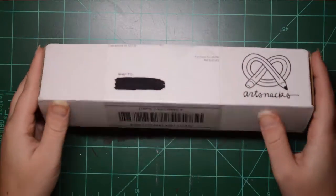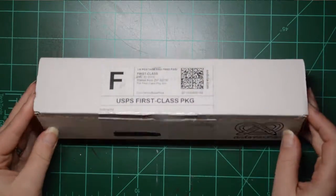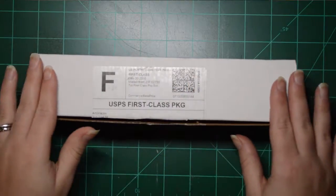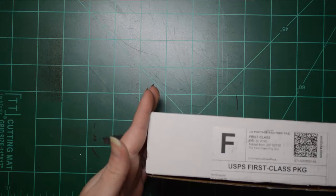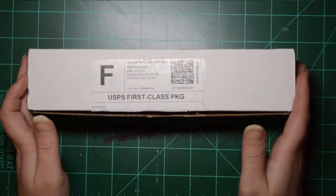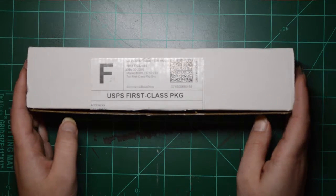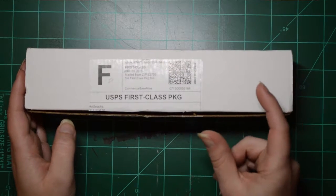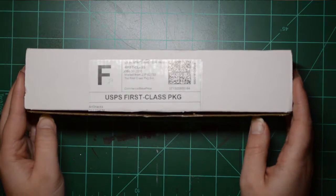Hey guys, so I'm opening up the first ArtSnacks box of the new year. And if you're not familiar with ArtSnacks, it's a monthly subscription. You get a box about this big, about 10 inches. And it usually has 2D supplies in here like brushes, pens, pencils, markers. Sometimes you get little tubes of paint, typically all two-dimensional